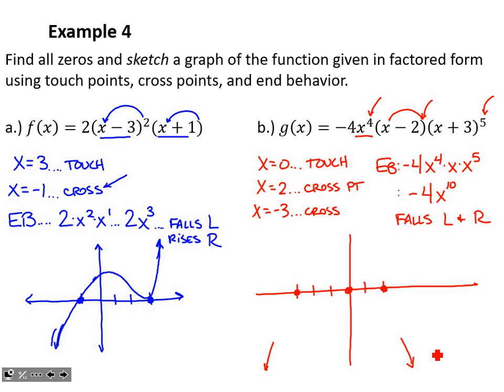Let's follow that through and see what happens. At x equals -3, we had a cross point, but it was one of those moment of hesitation things. So I'm going to make sure my graph has a little wiggle in it as it passes through that. At x equals 0, we had a touch point. So it's going to bend back around and just touch the x-axis there. And then at x equals 2, I've got a cross point. That was just a first power crossing. It's going to sail right through.